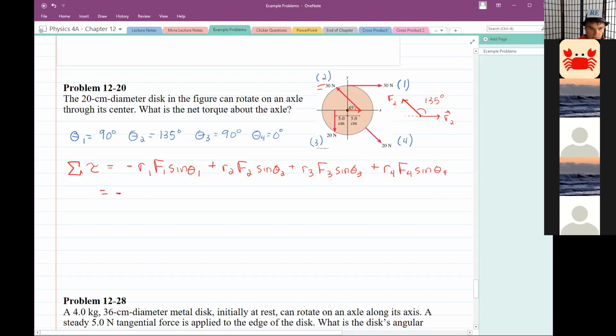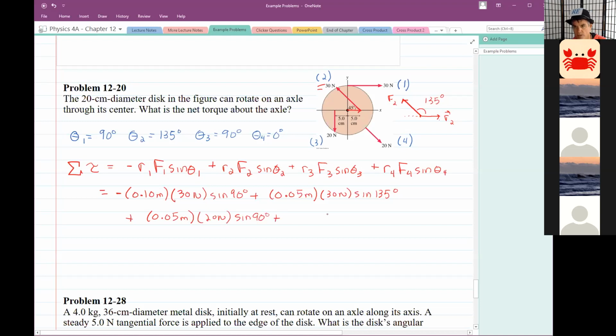So what we have is negative 0.1 meters times F1, which is 30 newtons, times the sine of 90 degrees, plus R2, which is 5 centimeters, so 0.05 meters, times 30 newtons again, times the sine of 135 degrees, plus R3, which is also 5 centimeters, 0.05 meters, times F3, which is 20 newtons, times the sine of 90 degrees, and then plus, so here, what would be the R that I would